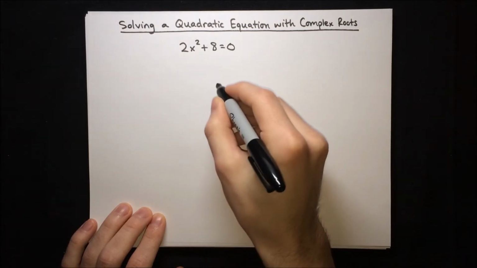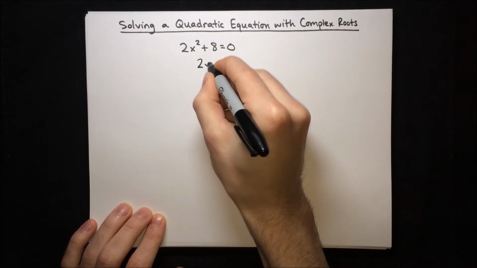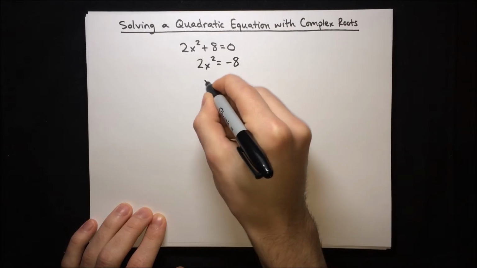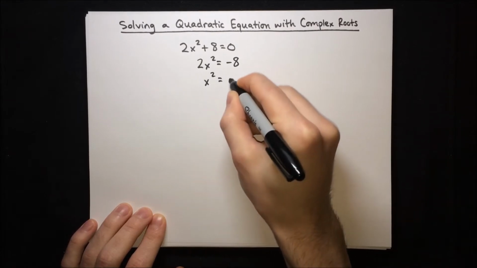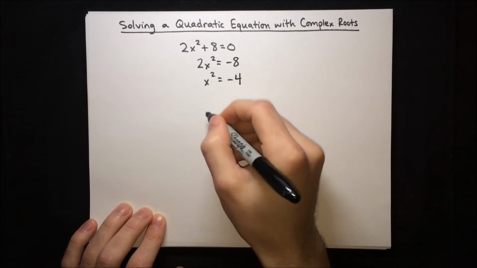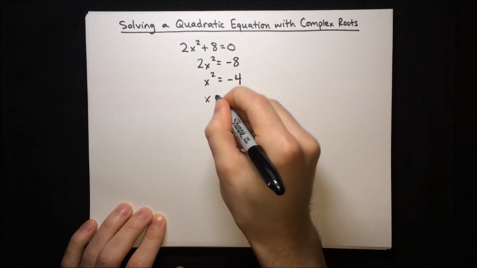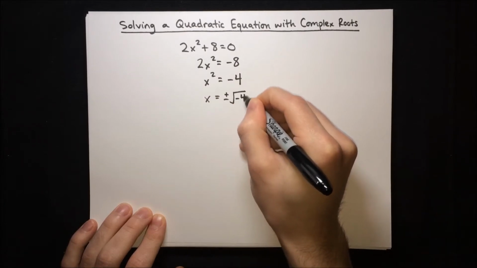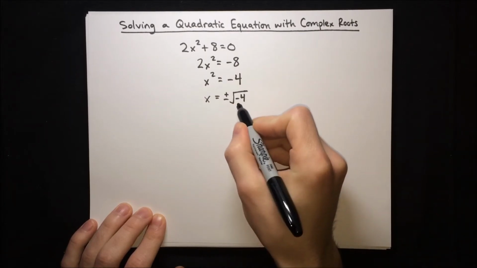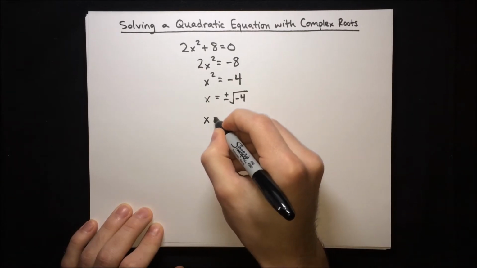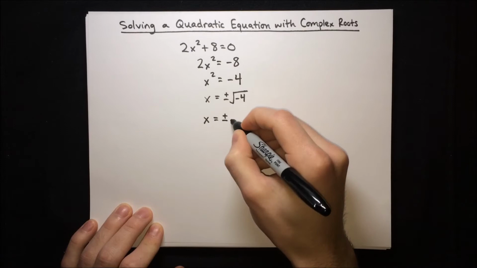So subtracting 8 to the other side, we get 2x squared equals negative 8, and then dividing by 2, we get x squared equals negative 4. Then we can take the square root of both sides and get x equals plus or minus square root of negative 4. And then to simplify this square root using complex numbers, we can write x as plus or minus